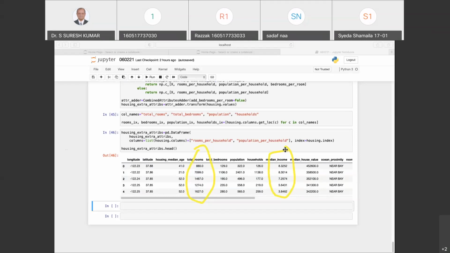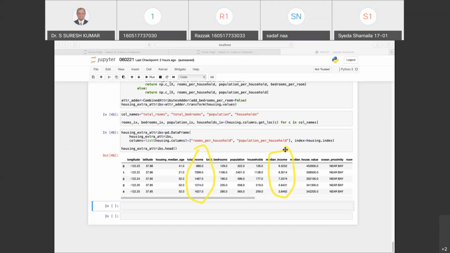First, what it does is subtract the mean value and then divide by the standard deviation so that the resulting distribution has unit variance. See, unlike min-max scaling, standardization does not bound values to a specific range, which may be a problem for some algorithms. However, it is much less affected by outliers.